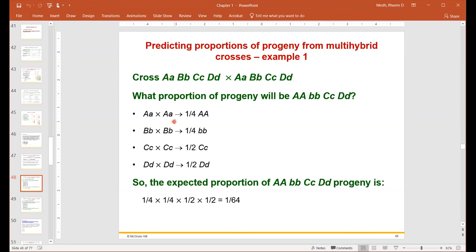And then CC cross to Cc is, and then Dd cross to